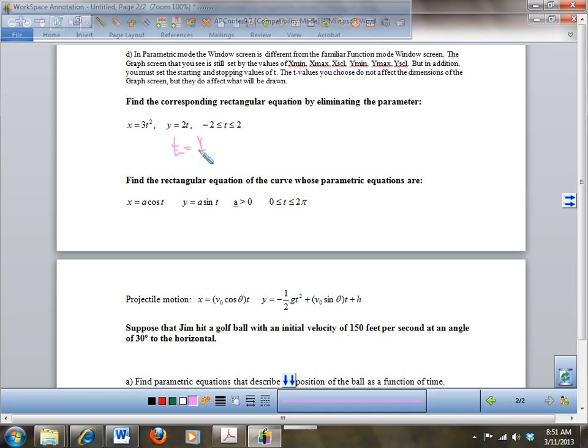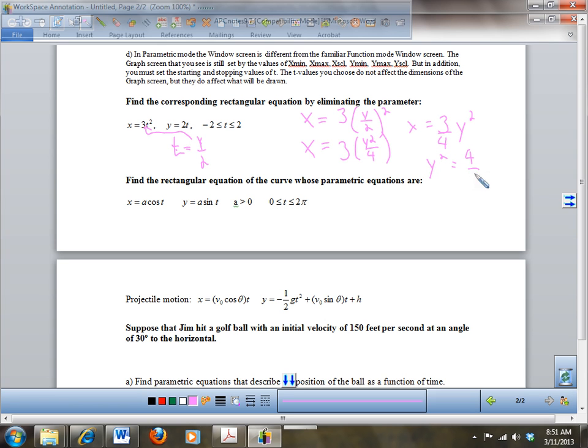y over 2. And then I take that and I put it in there. So I get x equals 3 times y over 2 squared, which gives me x equals 3, and when I square a fraction, I square both things. 3y squared over 4, or x equals 3/4 y squared,